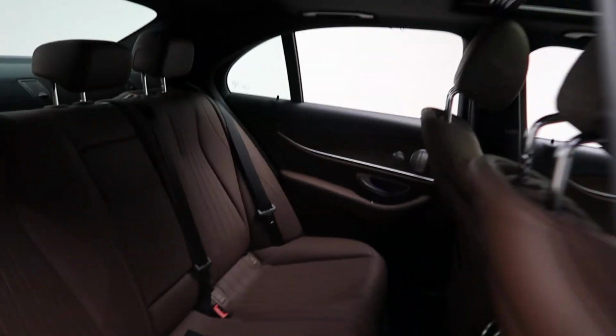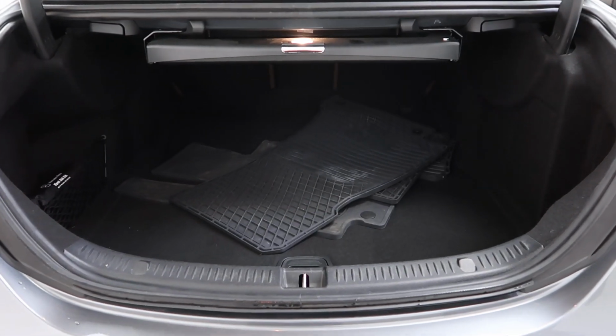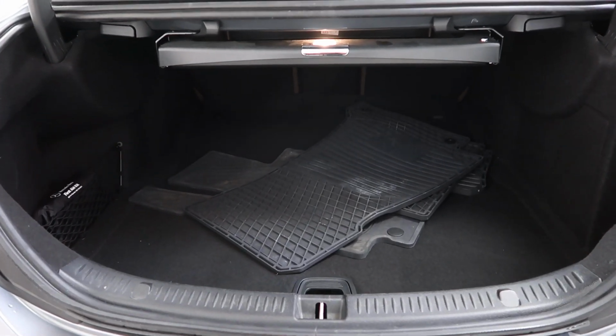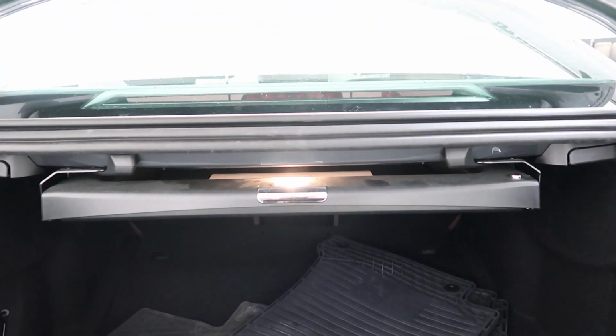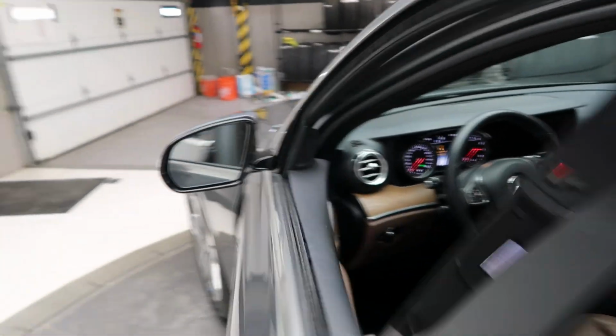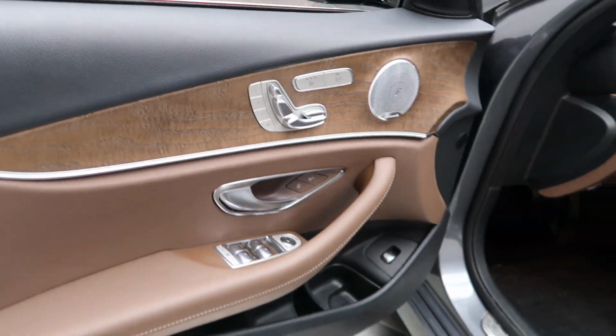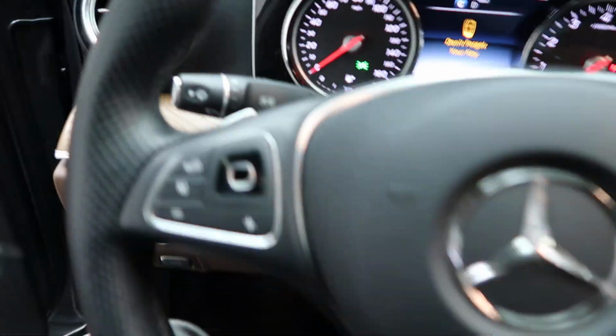sunroof, E300 4MATIC badging, power liftgate, set of all-season floor mats, comfort box for extra storage, Premium 1 package with blind spot assist, Burmeister sound system, heated seats, memory seats, ambient lighting, heated steering wheel, touchpad